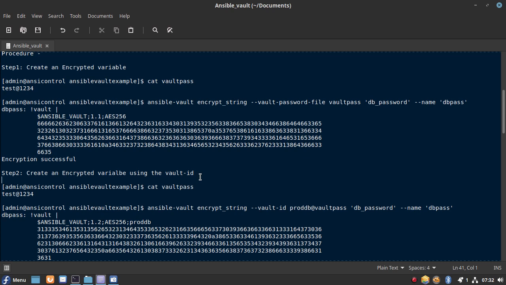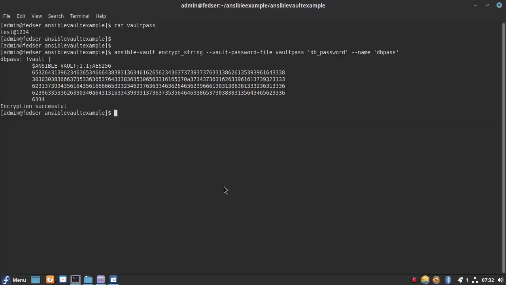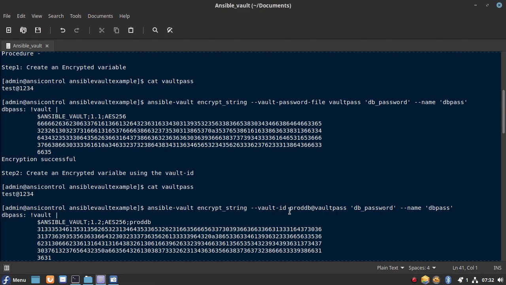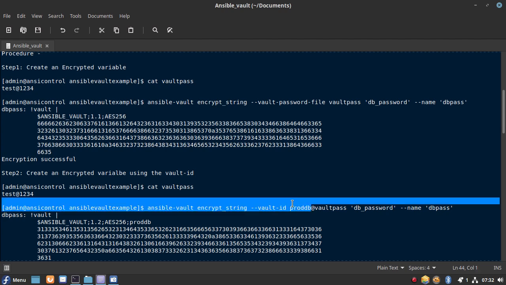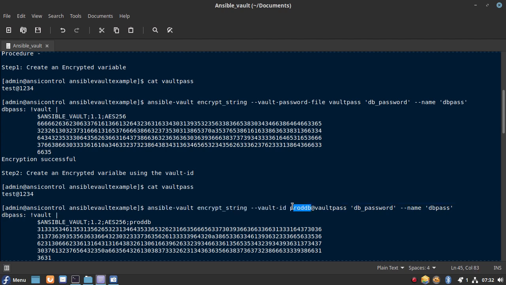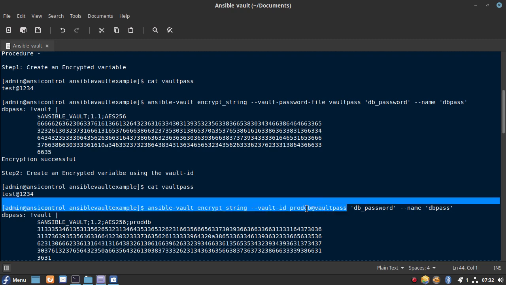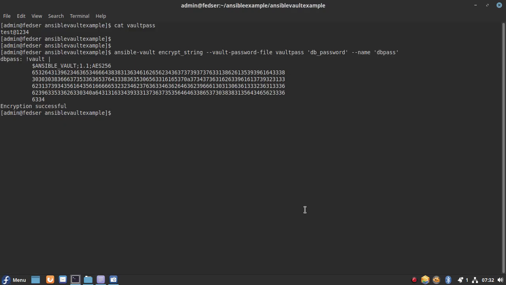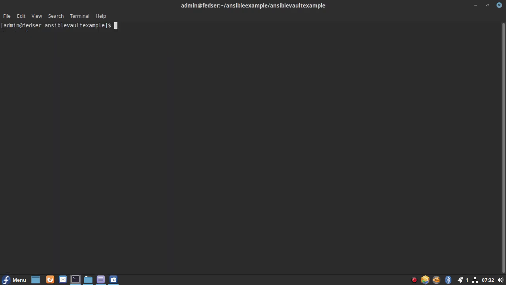So we are going to run the same command, but instead of the vault password file, we are going to give vault-id as a parameter, in which we provide the label, at the rate, the password file. So let me try to run this command using vault id.